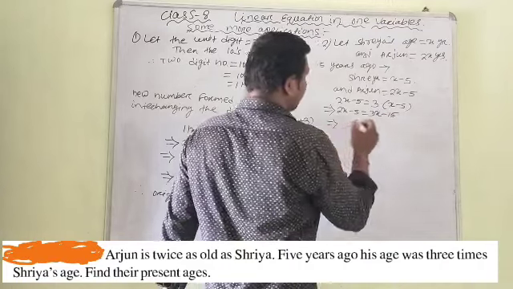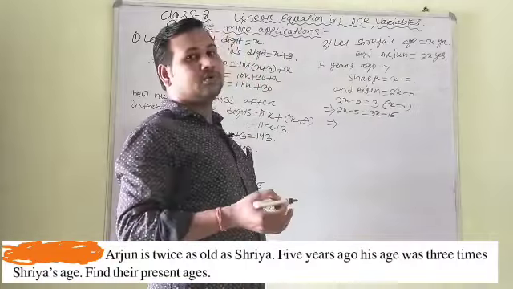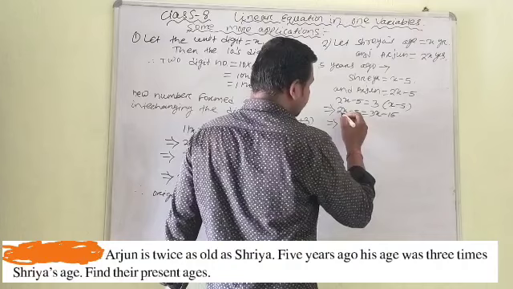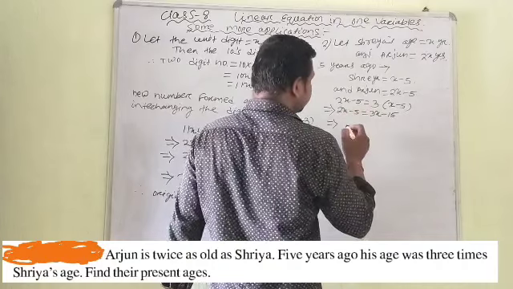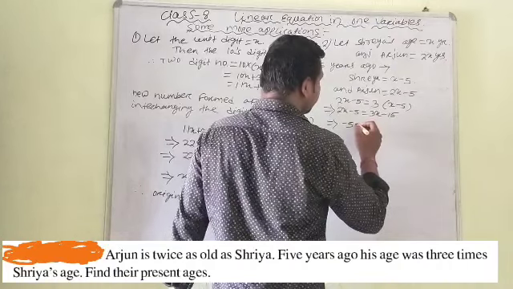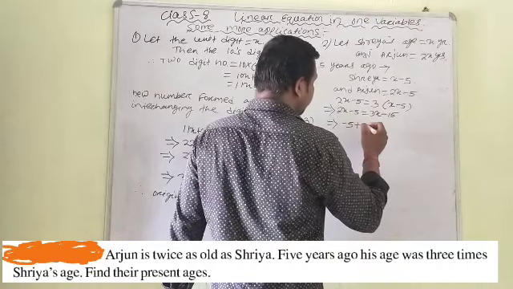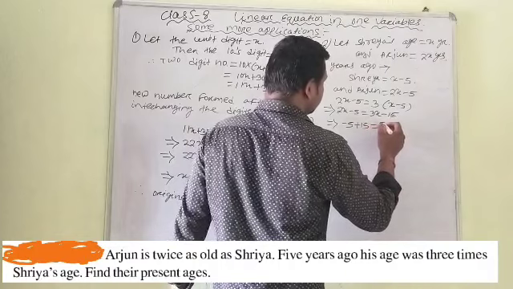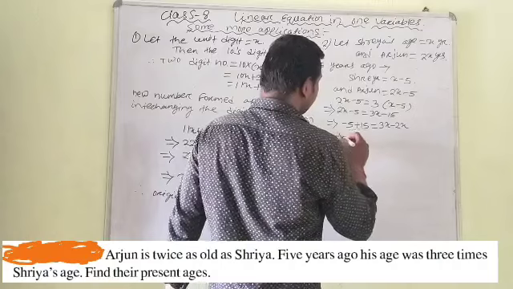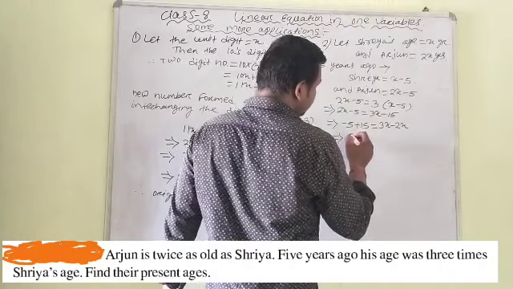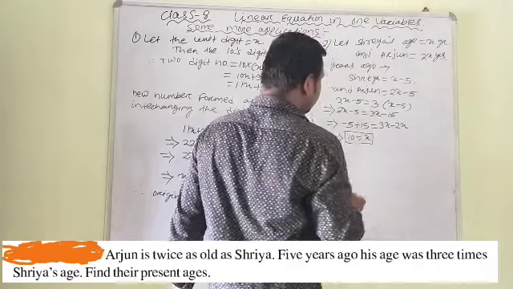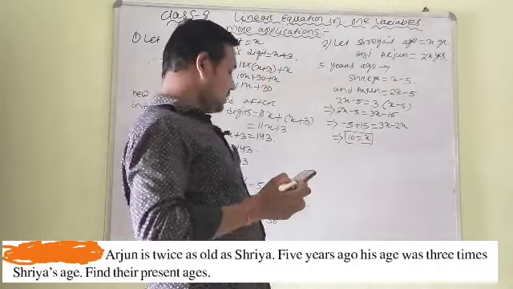Okay. Now we will exchange variable to one side and the numbers to another side. So let us exchange 2x to the right hand side and on the left side it will be minus 5 and minus 15 transposed to left side. So it will be plus 15 which is equal to 3x minus 2x. So minus 5 plus 15 is equal to 10. So x equal to 10. We know x value is 10.